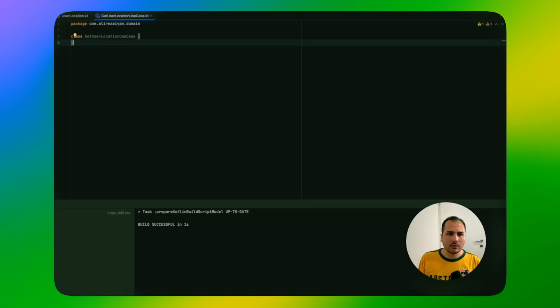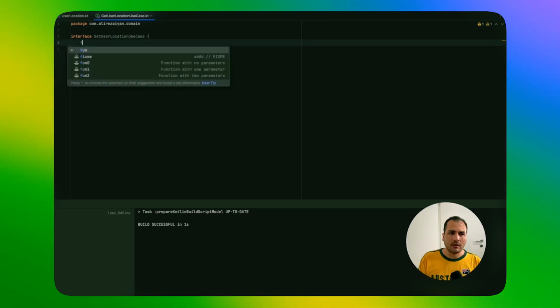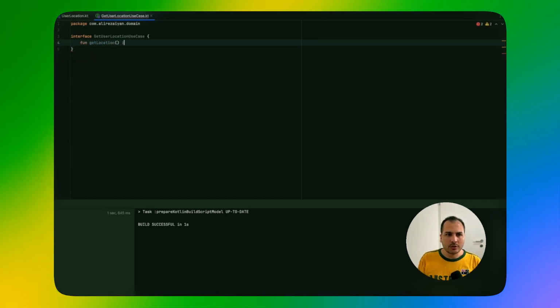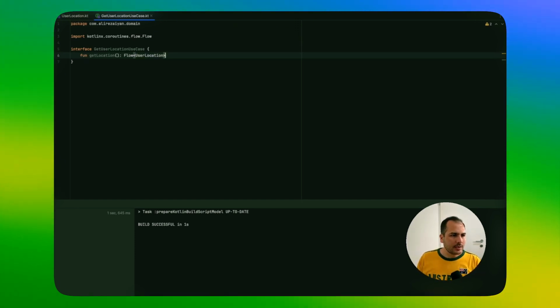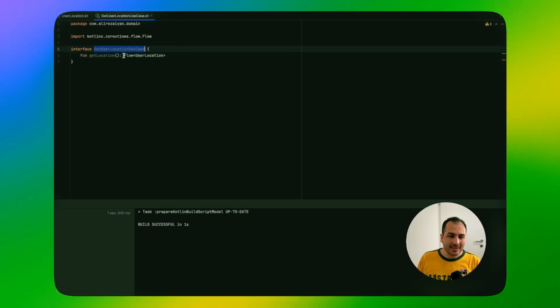A very typical class for clean architecture, and it will be an interface, and it could have a function getLocation. I'm not really sure about the return type, but we may use Flow and have the user location here. Let's see, we may change this later. And this is our domain class, and the data class is going to implement this interface and have all the implementation